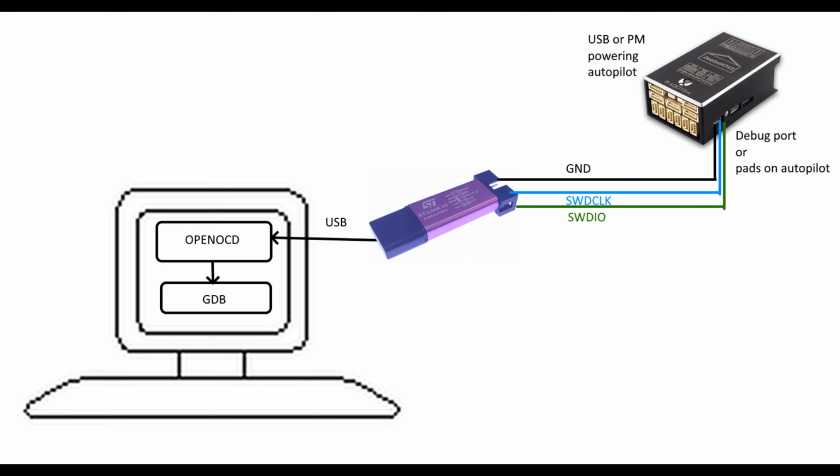So most autopilots either have pads or an actual debug port, kind of a JTAG type port. Actually, it's a software debugger port, and you connect data and clock and ground to something like an ST-Link plugged into the USB of your computer where you'll be doing the debugger. OpenOCD talks to this debug hardware port on USB and allows it to attach to the GDB software debugging